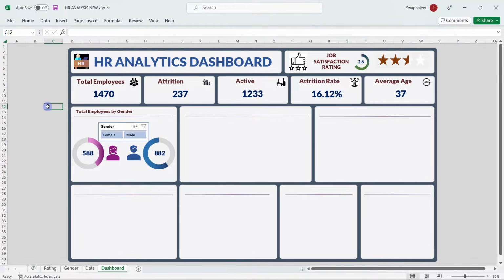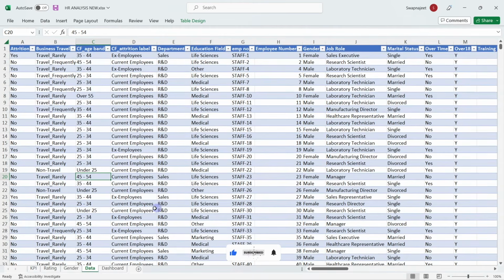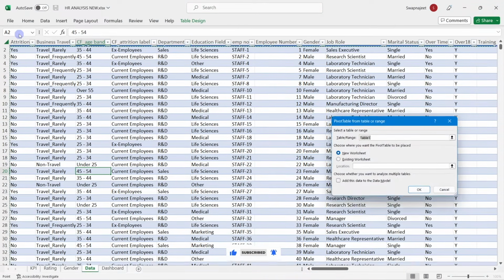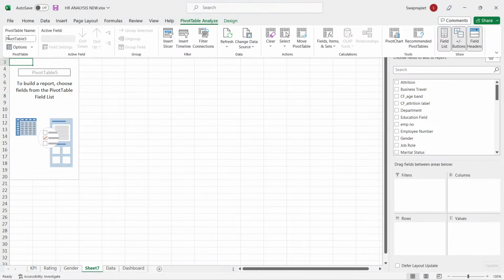So the other filters or slicers we will operate later. The next chart which we will be designing is the education by attrition. So for that again we will go into our data, and here again we go into insert and create a new pivot table. Click on OK, and we will change the name of this